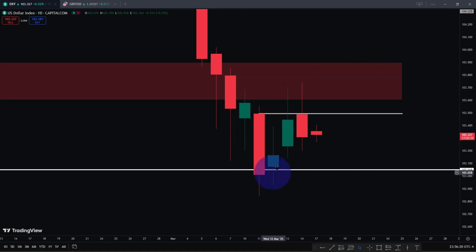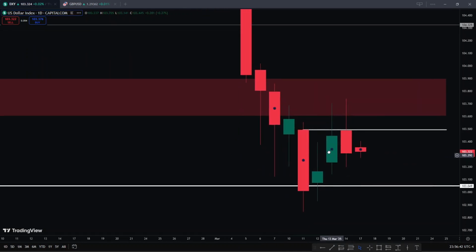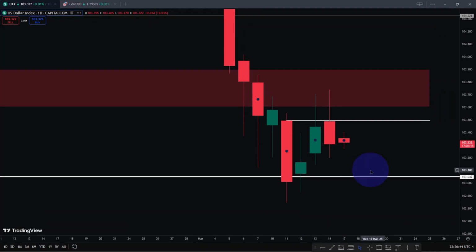But you can see it's not exactly a high probability condition, because how can I validate the market trading into the previous low? It's primarily the same thing, but in reverse, because we have one, two up candles. So we want to see a candle close below the bodies of these consecutive up candles to validate a change in state in delivery on the daily chart. Then we can say, okay, the market is likely to return into the previous weekly low.